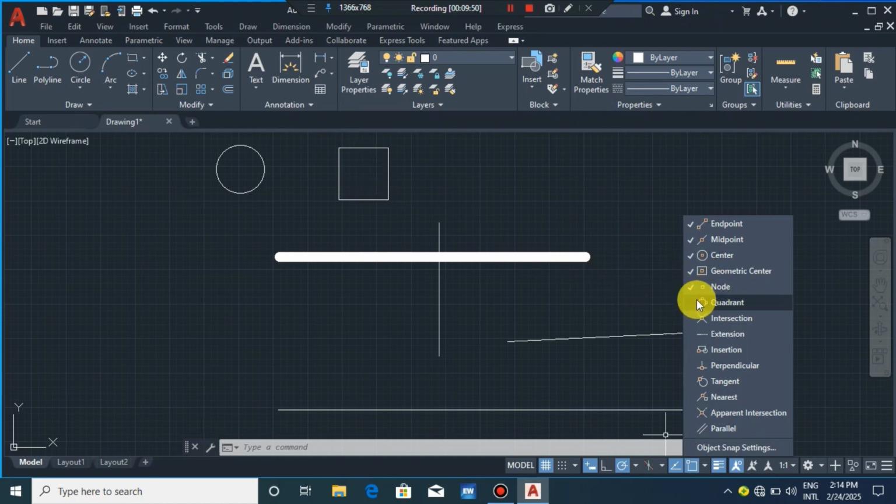So you click this node, this quadrant, and it will help you to get the four corners of this circle. If you want to copy this drawing from left to right, with the help of this side, you will just copy the drawing from here or from this other side, then paste it